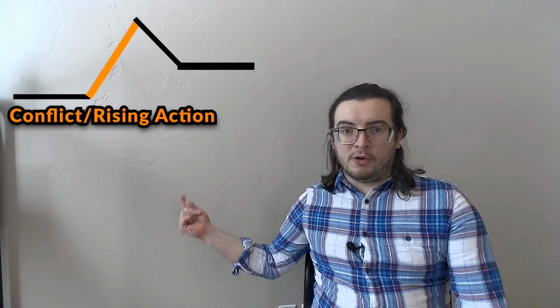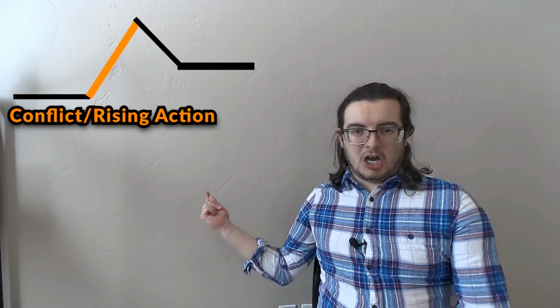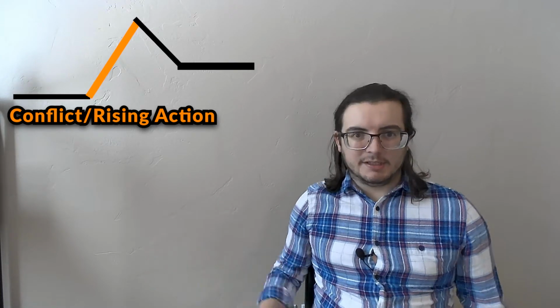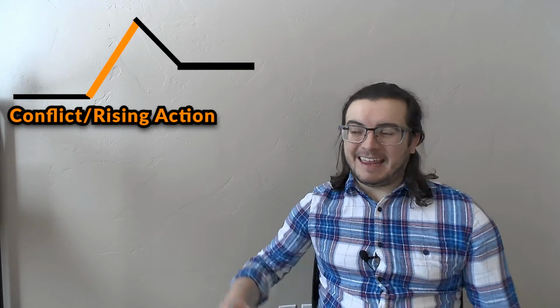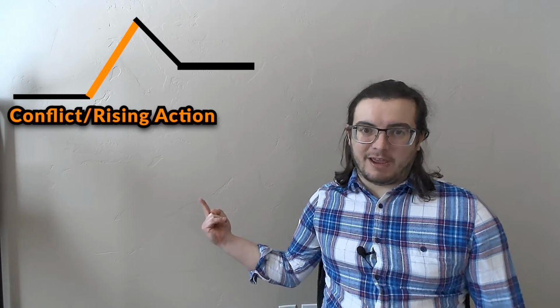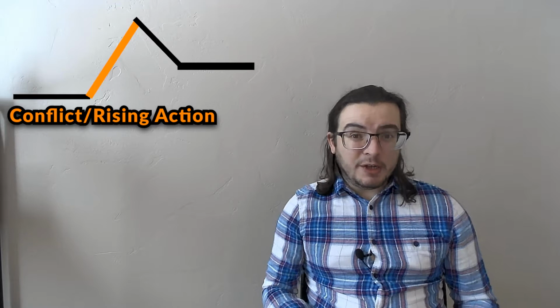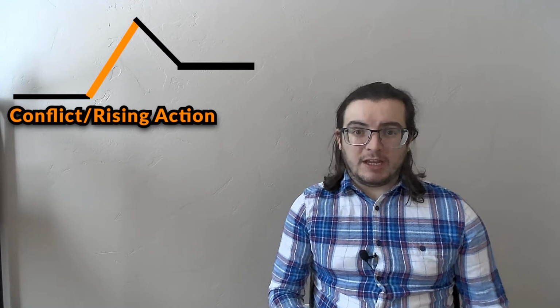As you can see, the audience needs to know a lot of information before they can really experience the full story in order for it to be successful. The next part of the diagram is this very important orange line. This is conflict, or the rising action. It's called both. It's incredibly important though. There's a reason that it is the biggest line on this diagram. If your conflict is weak within the story, then the whole story is going to fall apart.